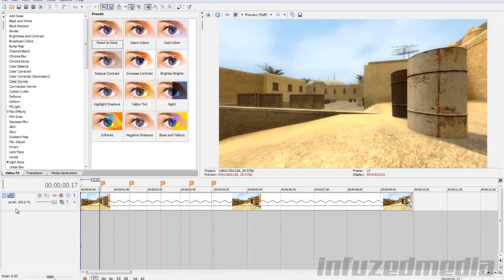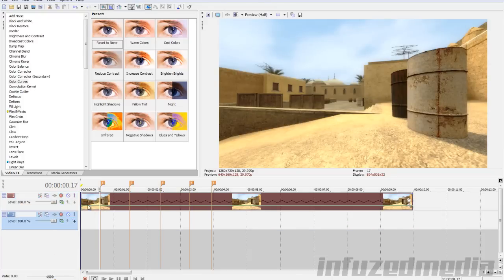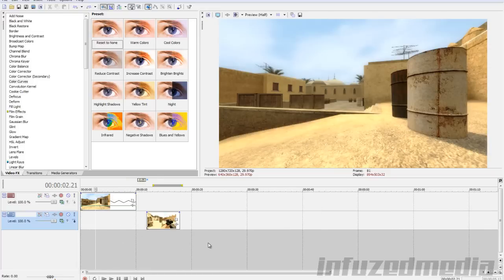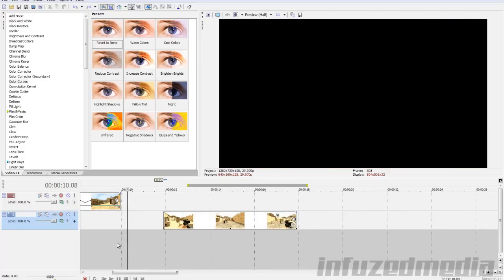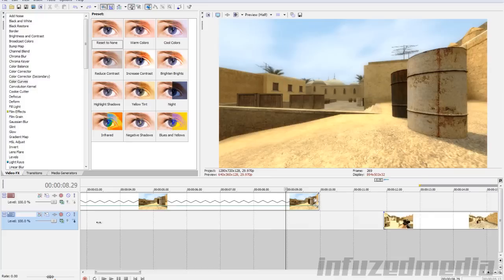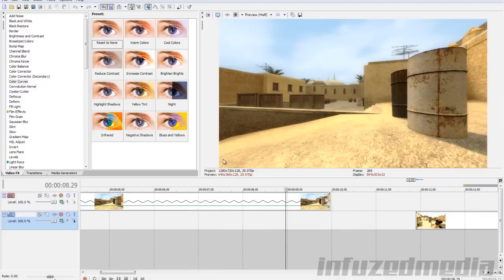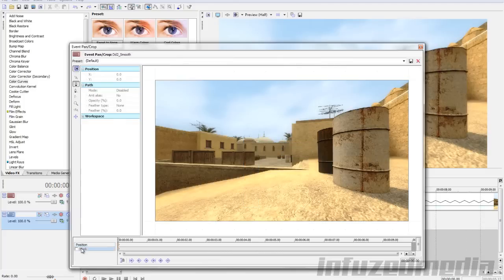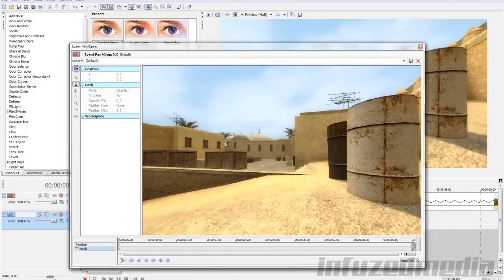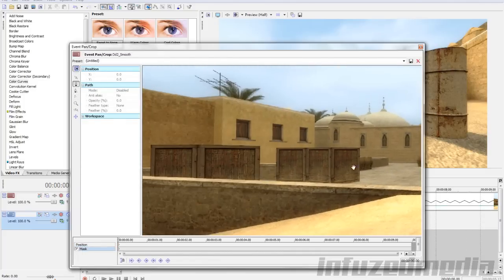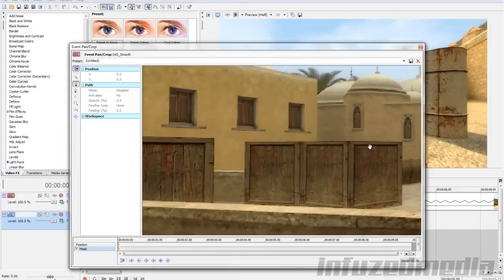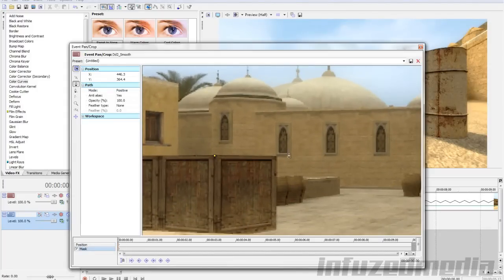Now we'll just delete this top layer, we don't really need it anymore, and then we'll create a new video track, drag this one up. Okay, so say if we just wanted it to zoom through to this orb clip I have here, what we'll do is make it start zooming right here, and we'll just again go to the event pan crop, turn on masking, get the pen tool, and say if we wanted to zoom through here, we'll just cut the surface of this box out,